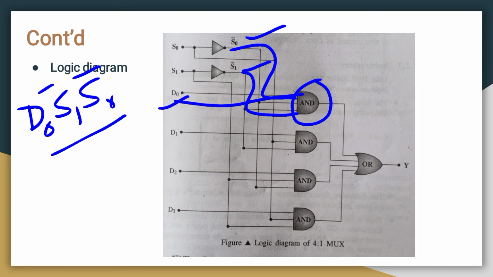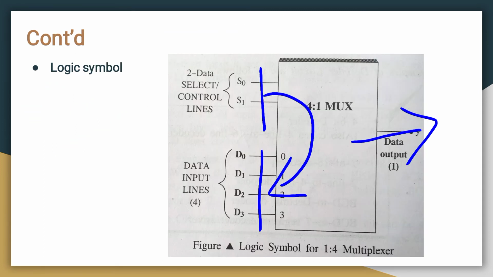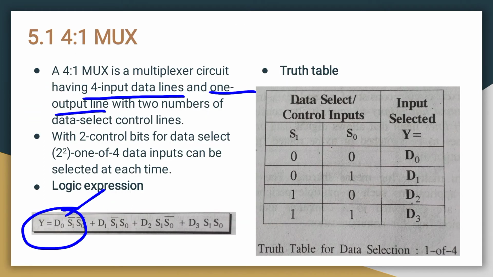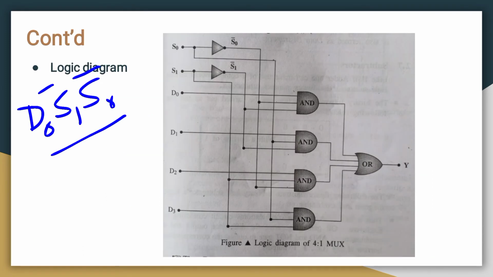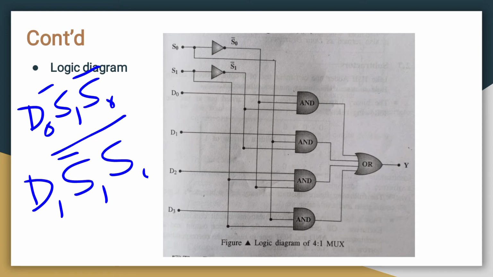Next we go for the next one, that is D1 S1 bar S0.